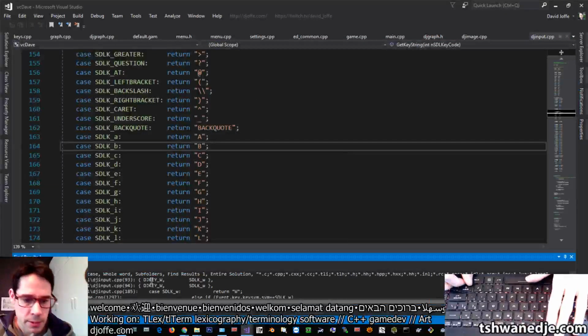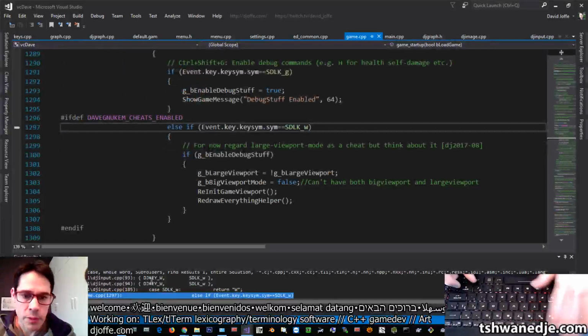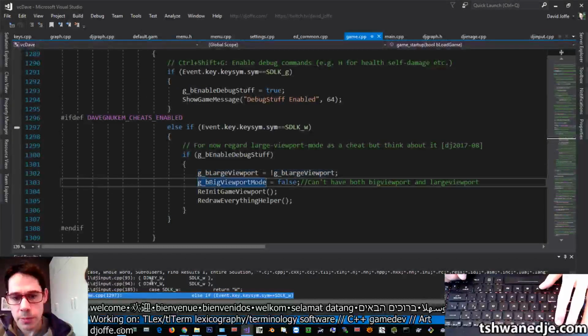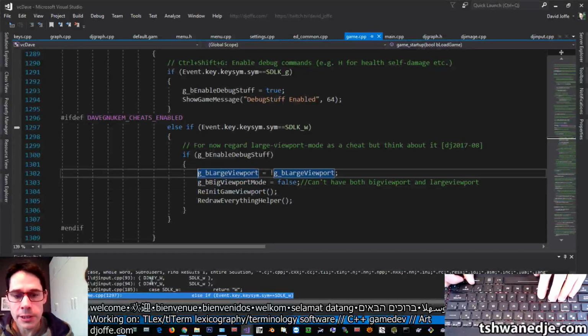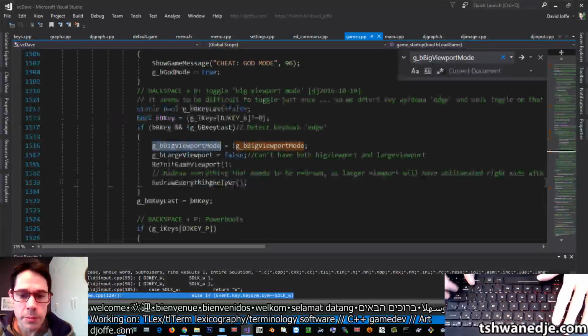W. Large viewport mode and big viewport mode. Those are terrible names. So large viewport is actually wide viewport. Big viewport mode